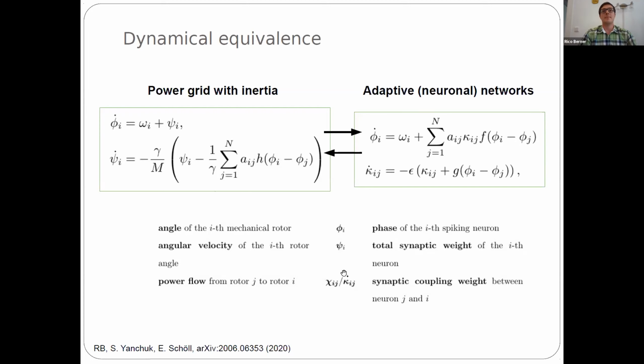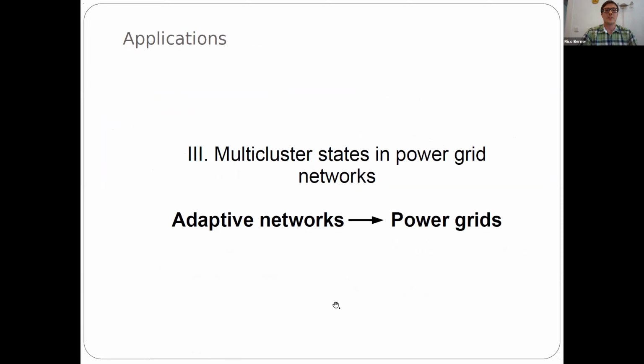All right. Everything was written up also in this paper. You can find it on the arXiv, and I will give you the reference also at the end of this talk. All right, so now we have a framework where you can go to the people dealing with adaptive networks and say, hey, we got tools from the power grid community, you can use them. Or the other way around, you go to the power grid people and say, hey, we have tools from the adaptive people, you can use them. And this is what we want to trigger now. So I will show you very briefly two small applications.